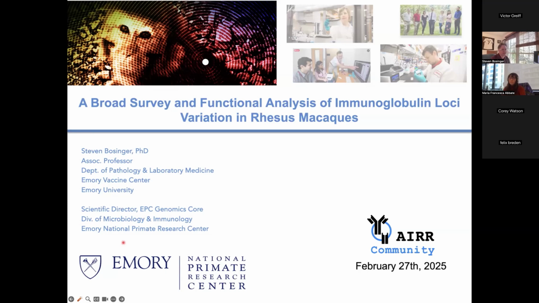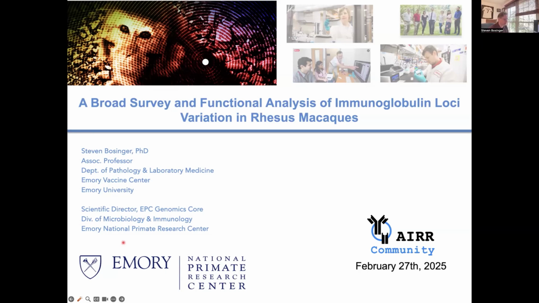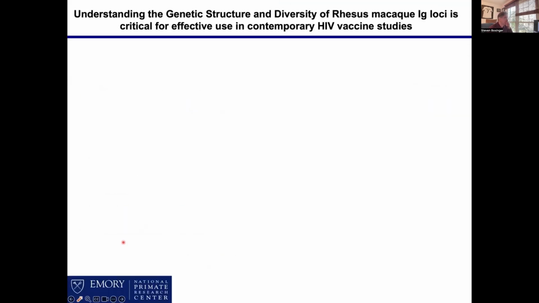I'm going to talk today about a project that we've been working on for several years with probably groups that are a little bit more familiar to those of you in this community, particularly Corey Watson. And really, the genesis of this project was to try and use genetics to better utilize the monkey model, particularly the Indian origin Rhesus macaque model for HIV vaccination studies. So to give some background on this,